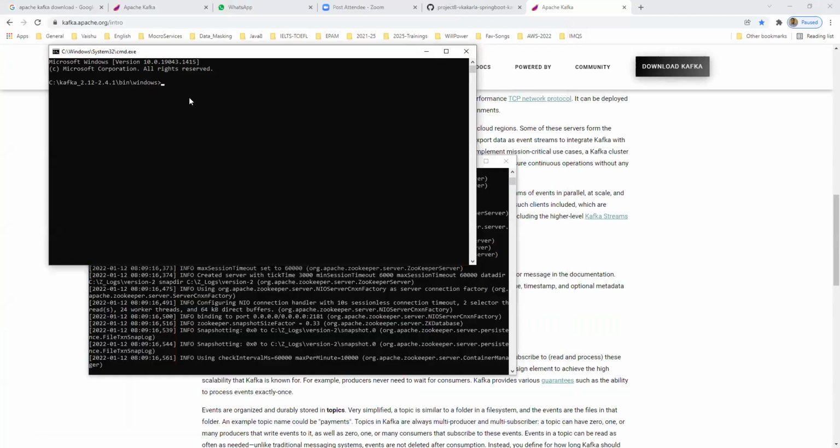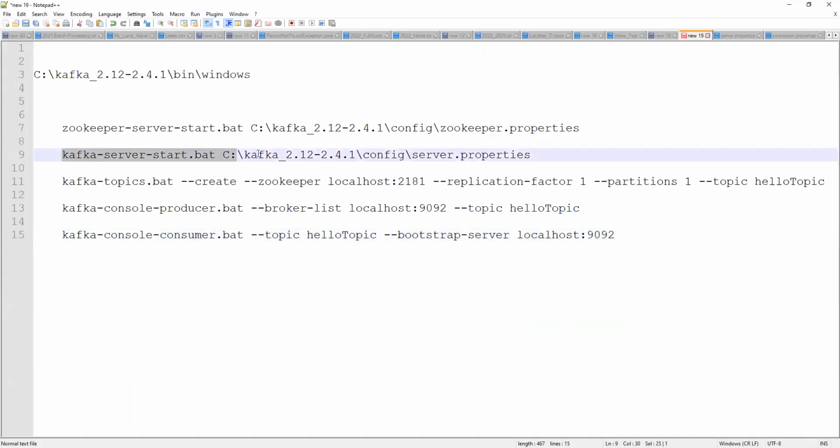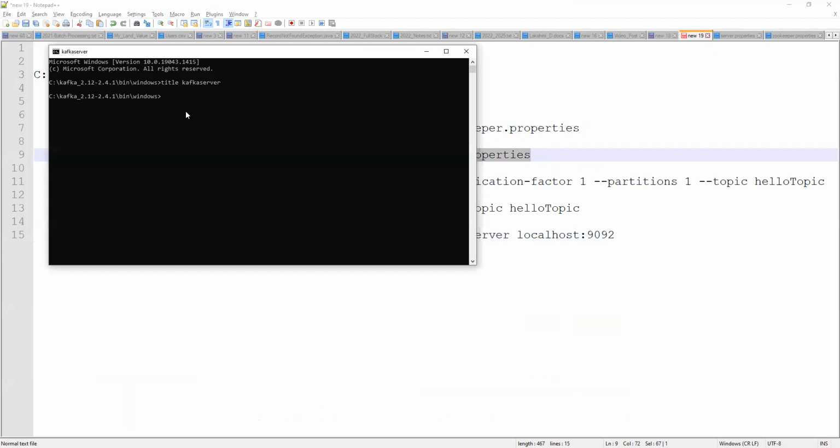Let me title it Kafka server. I gave this window the name Kafka server. So let me take the command to run the Kafka server. I'm taking this Kafka server command.